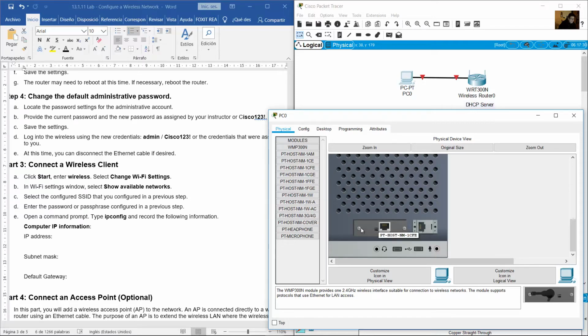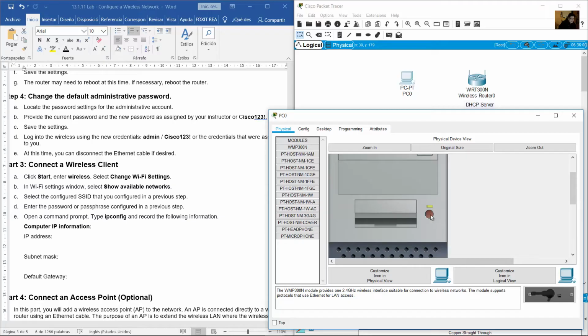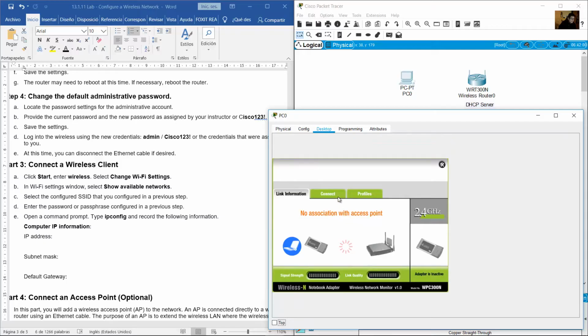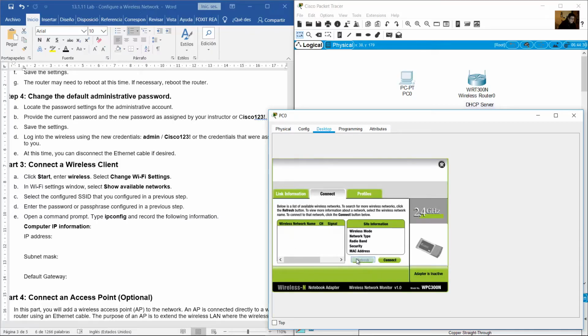Remove the fast Ethernet card and add the wireless card. Okay, the wireless card is this WMP300N. And power on. Okay. Go to desktop, PC wireless. Go to connect and refresh this